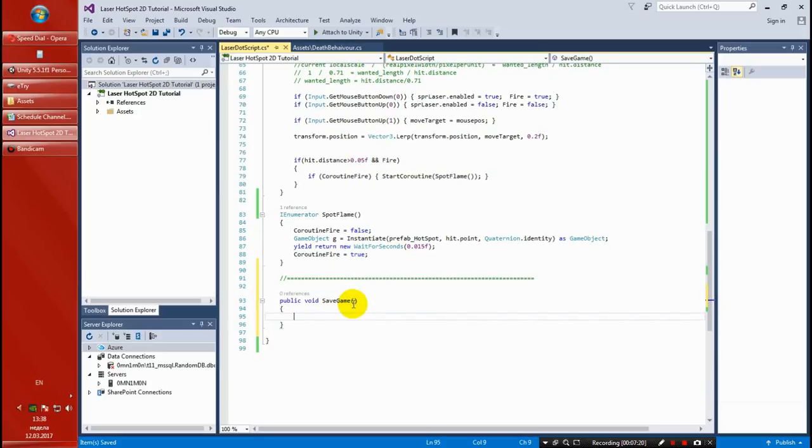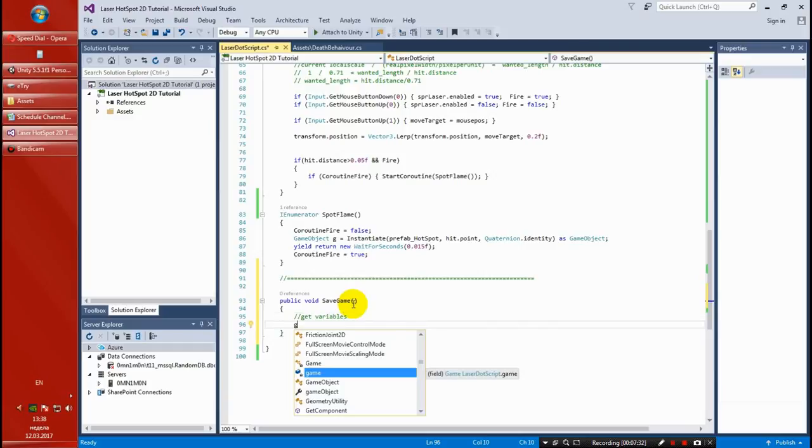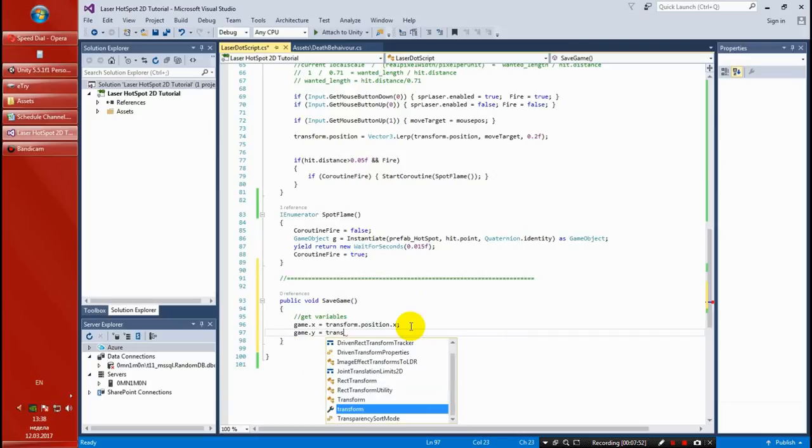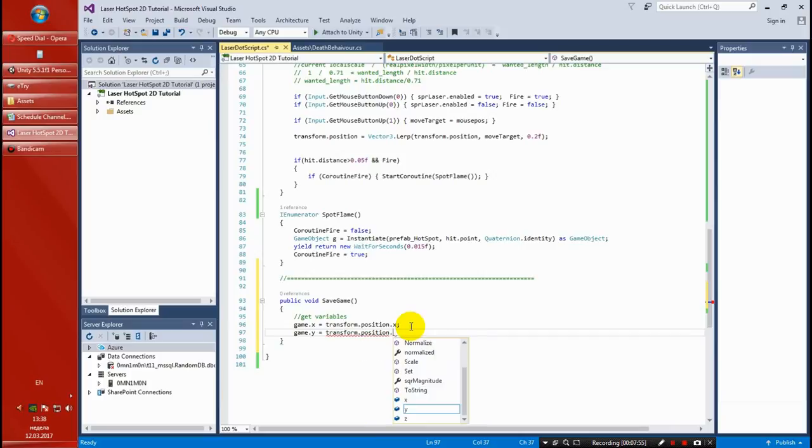and here we're going to get the variables of the player. So get variables, and remember we had an instance of game, so game.x equals this.transform.position.x. This script is on the player, and also the epsilon,